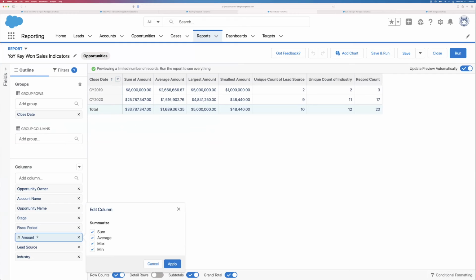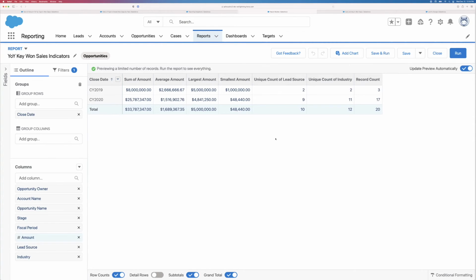You may have other currency fields or other number fields that you want to sum by. In this case, if I click on this, just what I'm saying here is keep in mind that these other choices are very valuable. Did our average deal size grow this year? Did it shrink this year? What was our biggest deal this year? What was our smallest deal? So these are available to you on any of these summary columns. And to show you about the unique counts,